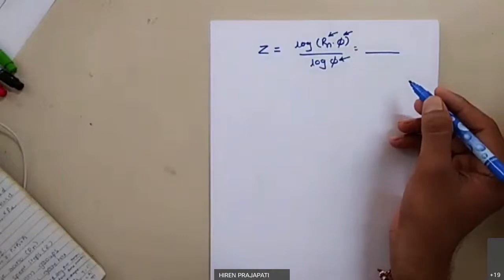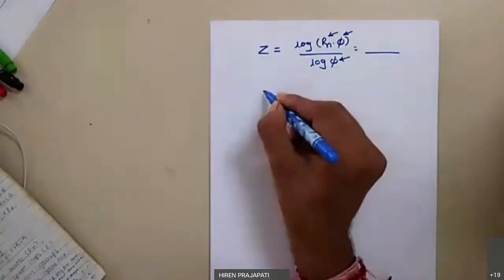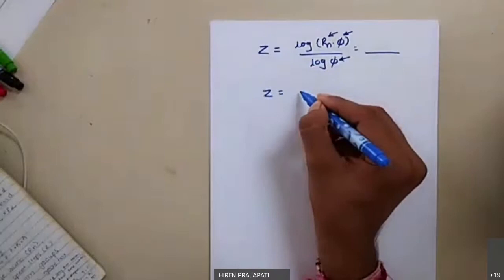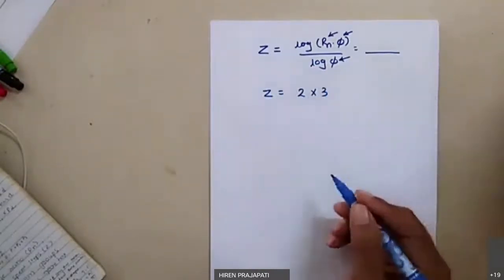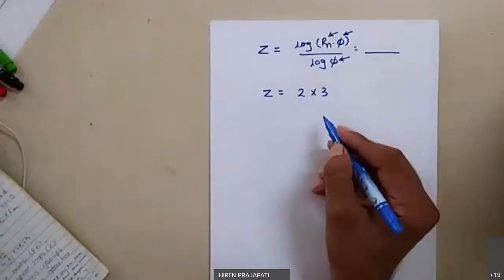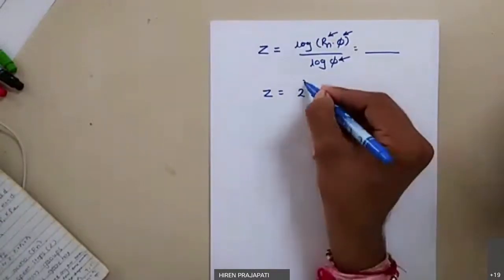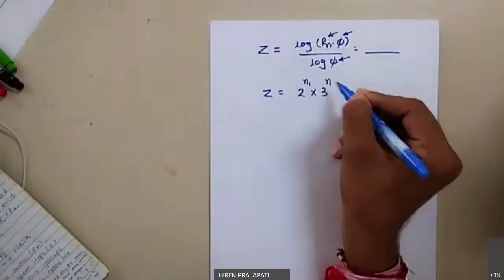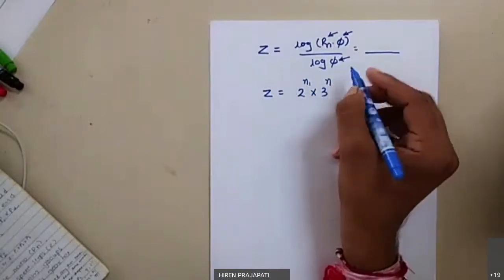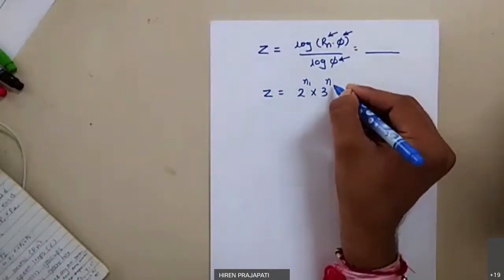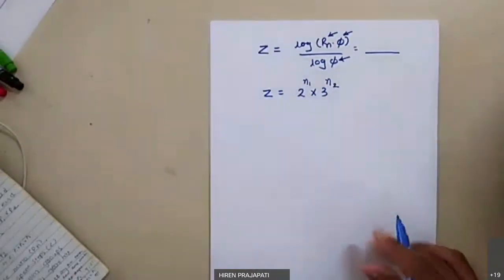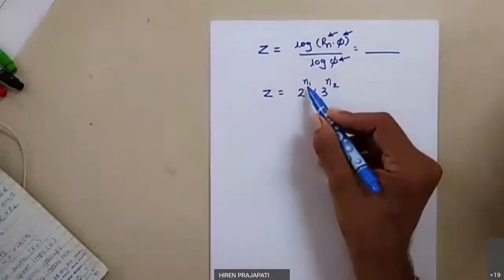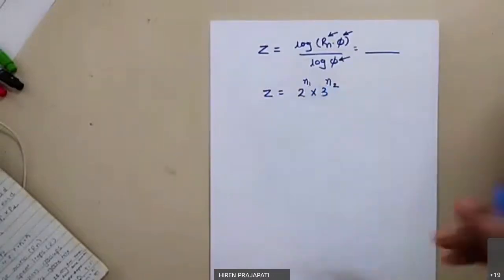So we discussed we need to round off this Z such that the speed count should be a multiplier of 2 and 3 only, right? That speed should be a multiplier of 2 and 3 only. And now I am mentioning some new constants as a power. So this is 2 and 3, and as a power I have mentioned here n1 and n2.